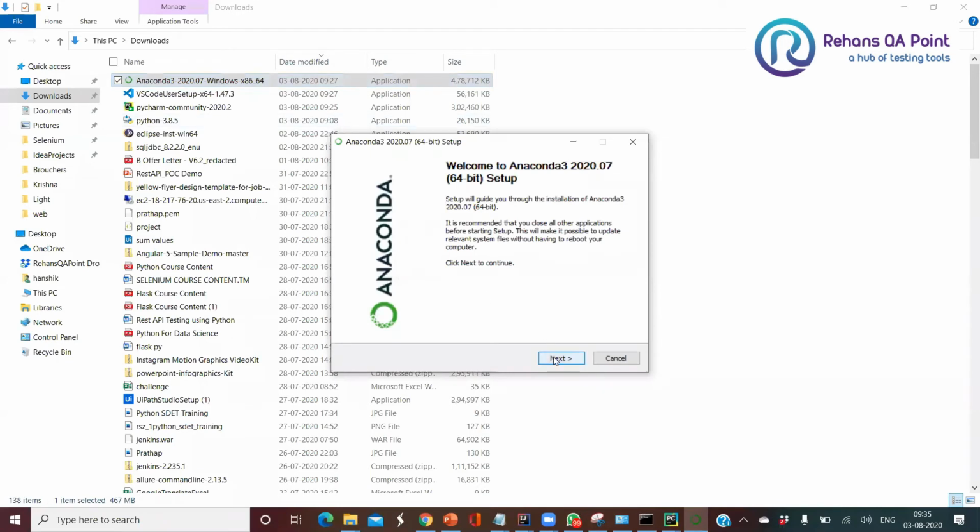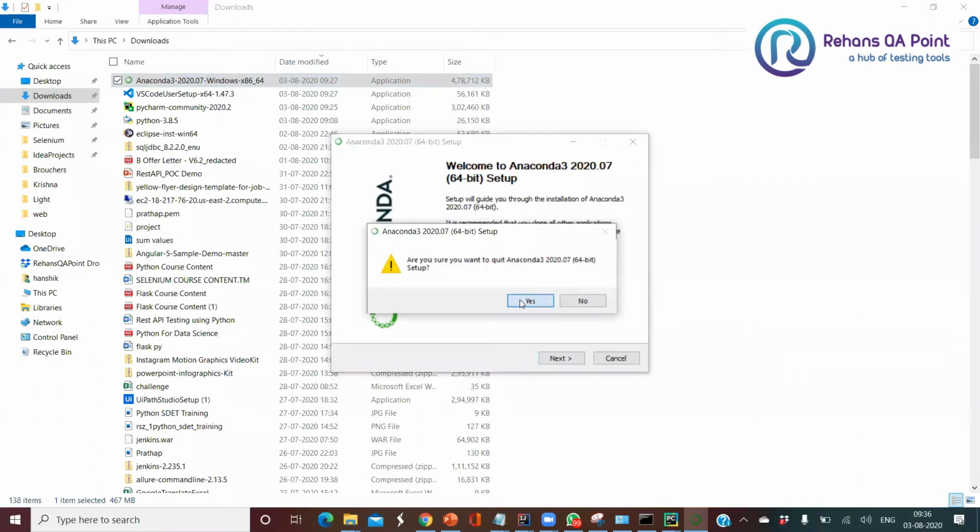So click on next. I already have that, so I'm not going to install it again. In your case, go to the next till the last and make sure Anaconda has been installed successfully. It won't ask anything, just keep on clicking the next button. Once you complete your Anaconda installation, what you want to do here is